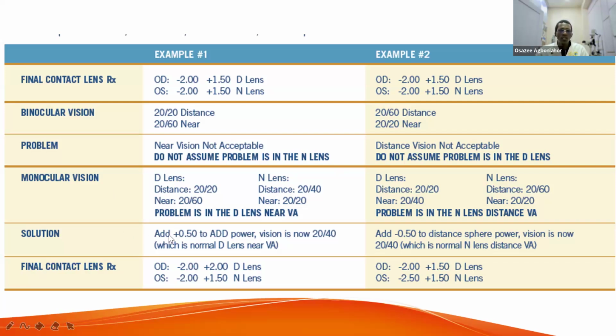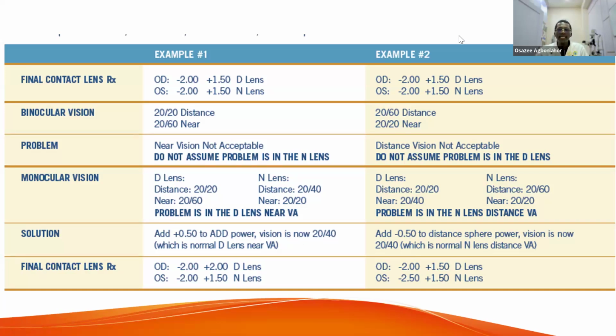And so what's the solution? All you need to do is give this patient more add in that right eye. So you are raising this prescription from add 150 on the right eye to add 2. Doing that, you have solved that patient's problem. So add 2 on the right eye will bring the vision at near to 20/40. And the patient is good to go. So binocularly now, this patient will have 20/20 vision at distance and 20/40 vision at near, which is the acceptable